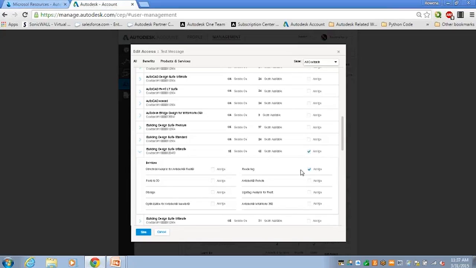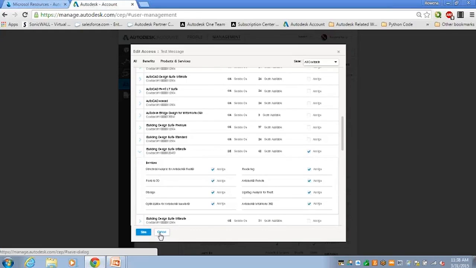And as I said, once you give this user access to anything that consumes cloud credits, then they can burn through your cloud credits. They can burn through all of them. You can't limit them. So that's just something to keep in mind. That's why sometimes you might say, you know what, this user doesn't need that, I don't want them eating them up inadvertently. I'm just going to pick something that doesn't consume cloud credits here, like InfoWorks 360 or something like that. So I'm going to go ahead and assign this to myself and click